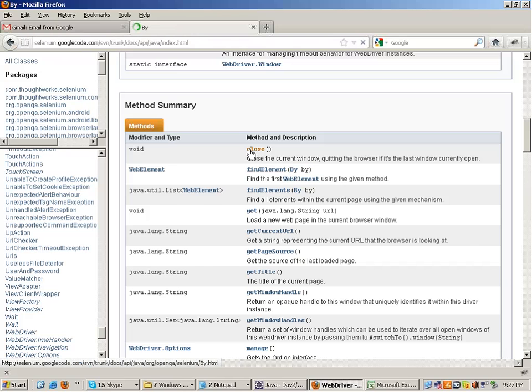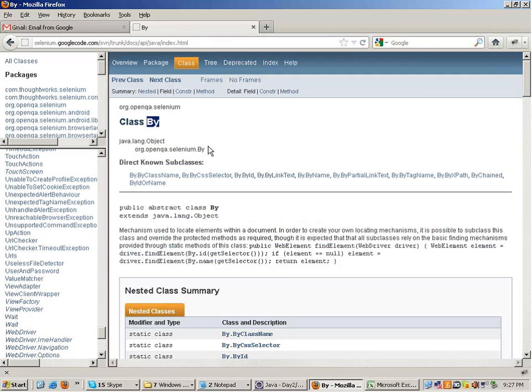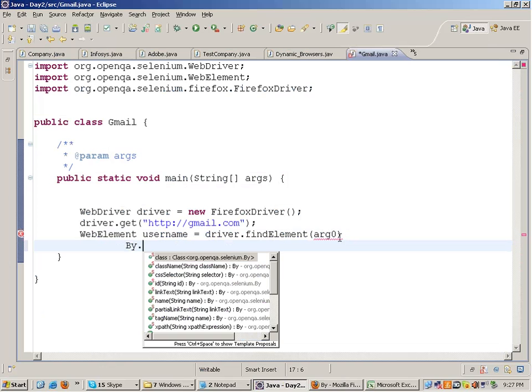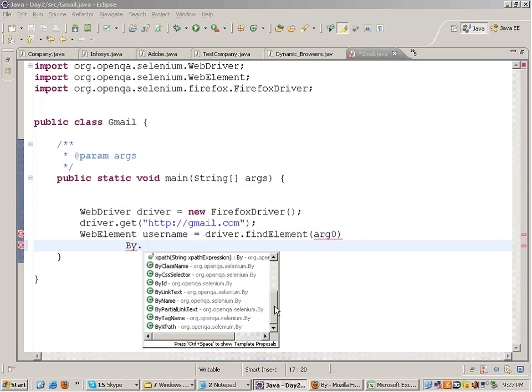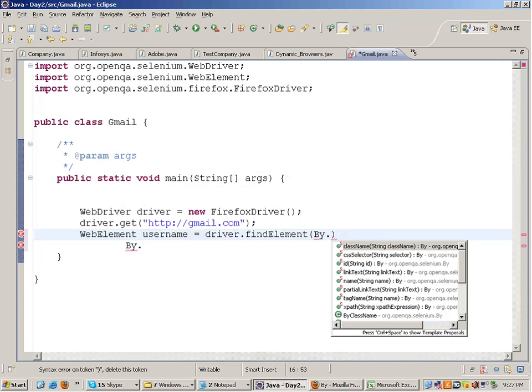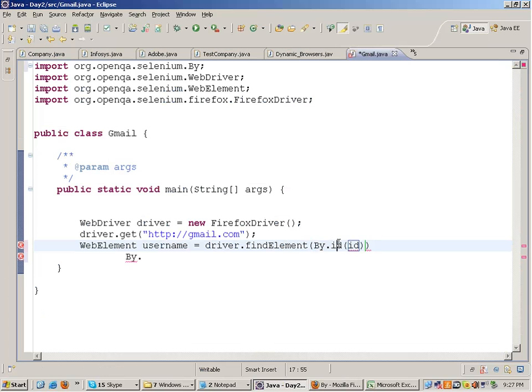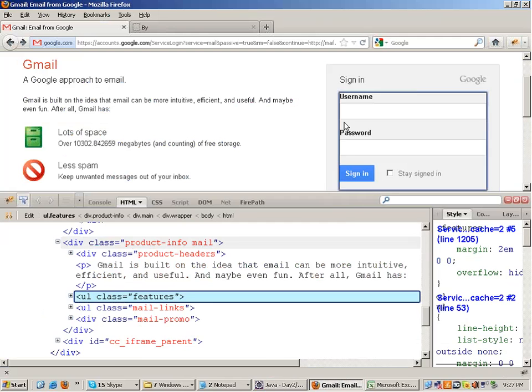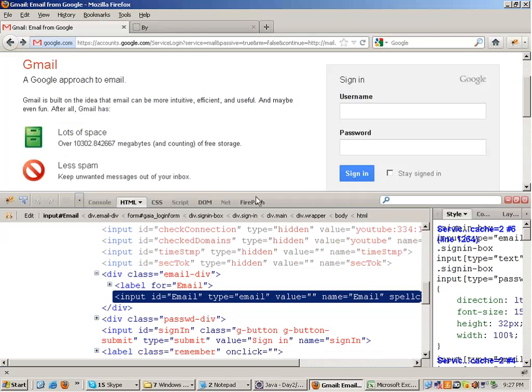Yesterday I told you the By class has the criteria on which you can identify an element. If I write By dot, you will get all the criteria. Suppose I select By ID. If you look at your Gmail page, then the username field out here